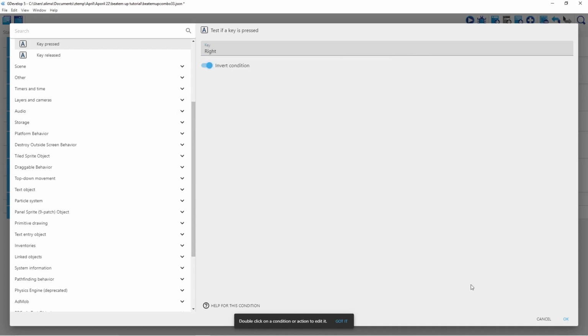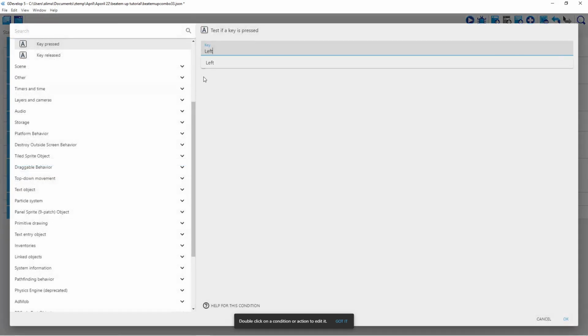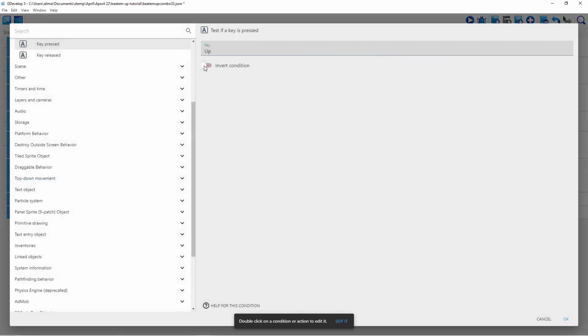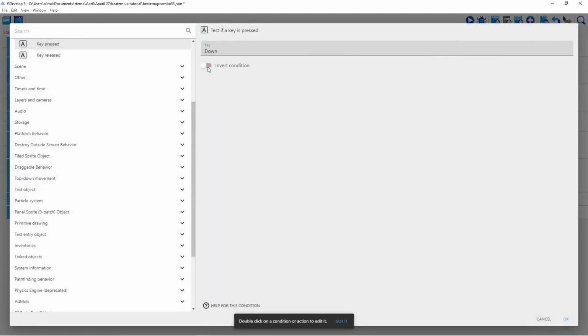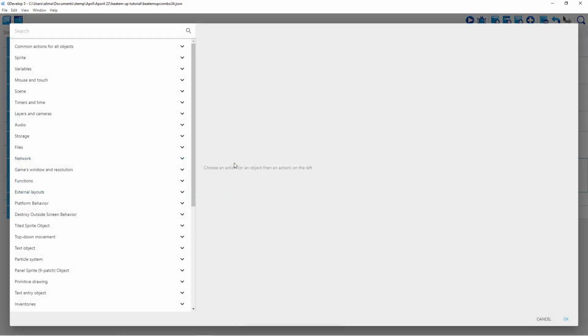select invert the condition. So we're just going to invert the condition for all these. Basically what we're saying is when the button isn't pressed, we want GDevelop to do something. Okay, and what we want GDevelop to do is to set, when those buttons aren't pressed, for our character to go into